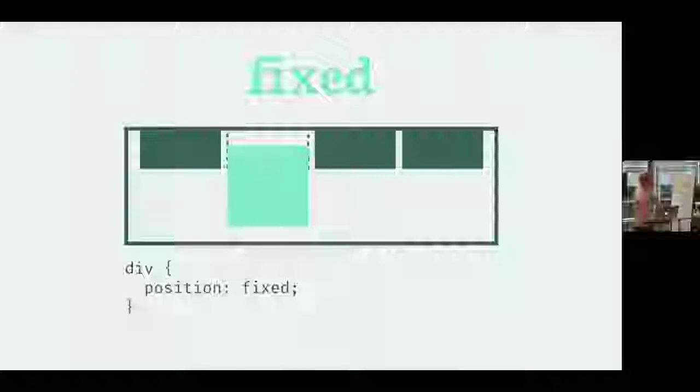Like I said, fixed is for when you're scrolling. Usually we use that for headers. You just put it there, and naturally it's there. It's fixed. If I scroll, it doesn't move; everything moves underneath it. And you will be doing that this week with Tweeter. Your header bar will have to stay at the top, and as you scroll the tweets underneath it, the header bar should stay there. I recommend looking into fixed for that.